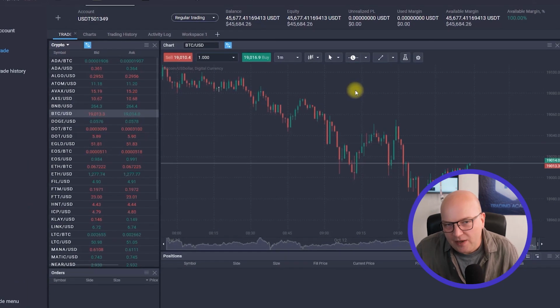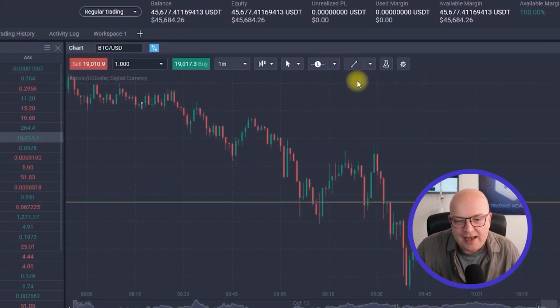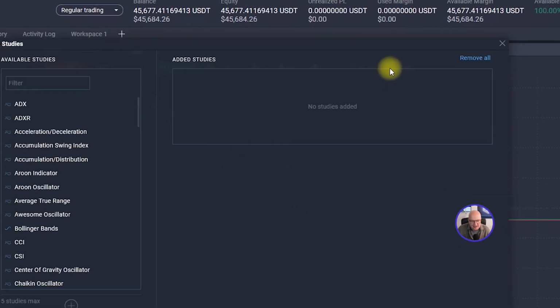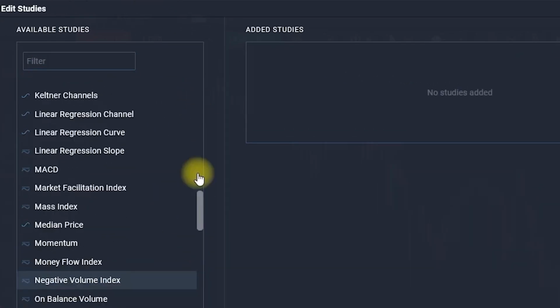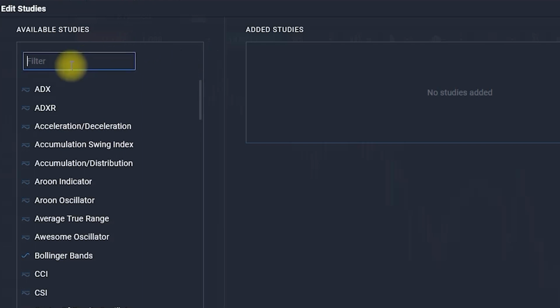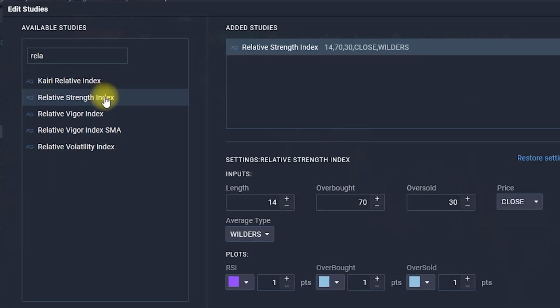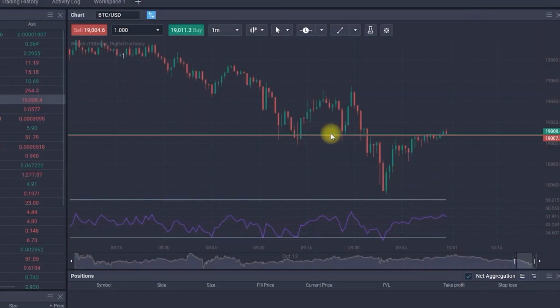Now I want to get an overview over the market to decide better: is it a good time to buy right now or is it a good time to sell right now? And I can do so, for example, by adding a couple of indicators. I'll do this by clicking on this icon here, and then I can choose numerous already pre-built indicators, studies they are called here. So let's go, for example, with a relative strength index. I'll select this one here with a double click. I can then click on done and it's automatically loaded into my chart, as you can see down here.